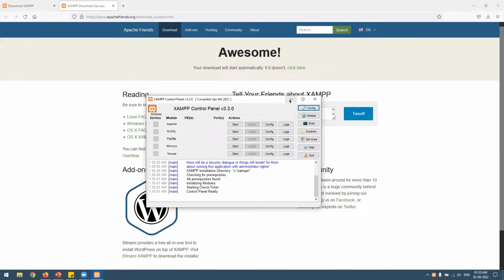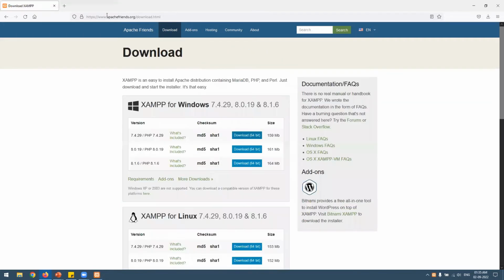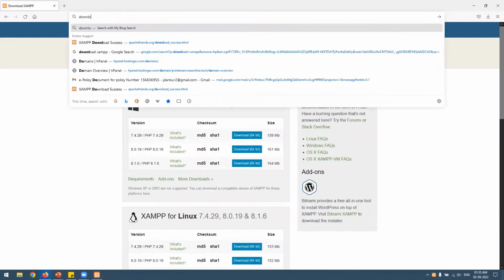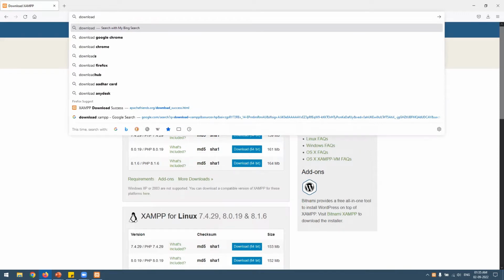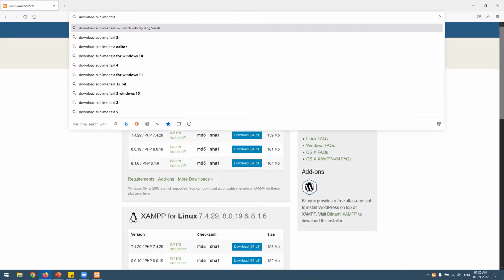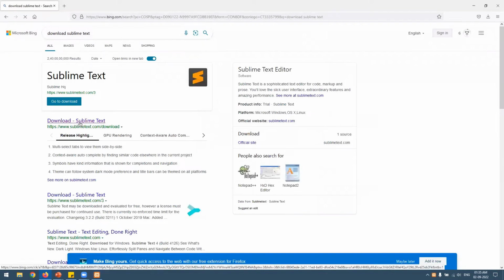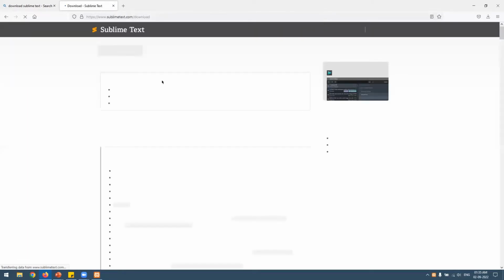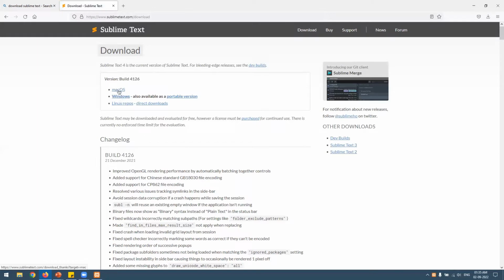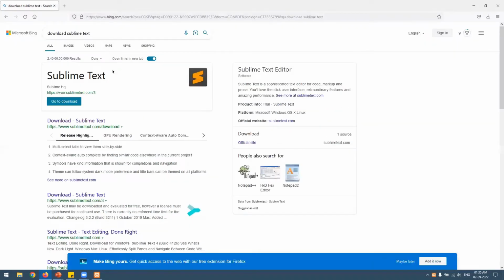Before we move further, let us download the second tool that we require. Just go to Google and write download Sublime. This is where you download Sublime Text. You can download it for Windows, Mac, Linux, whatever operating system you are using. I have already downloaded this software in my computer, so I'm not going to do it once again. All you need to do is download it and click on next, next, and finish to install the software. And once it is installed,